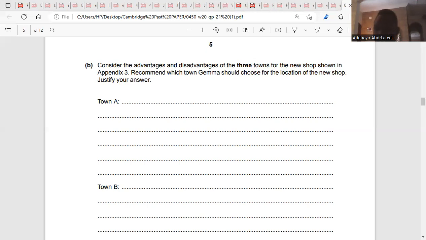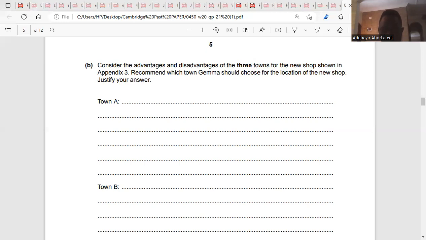The gross profit is lesser than town B and A. That's the problem. And also the net profit for the year for town C is lesser than both B and A. Is it clear? All right. Then we go to